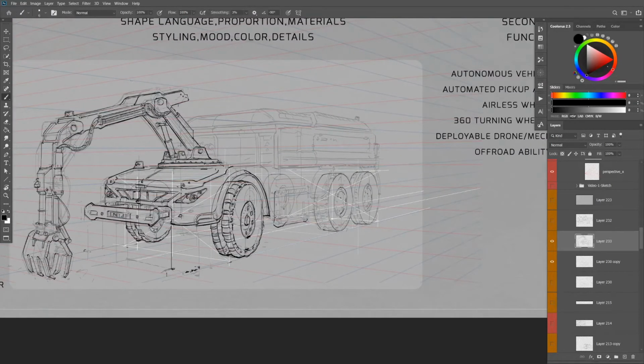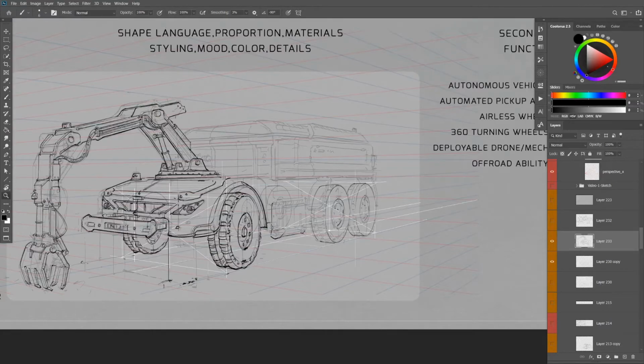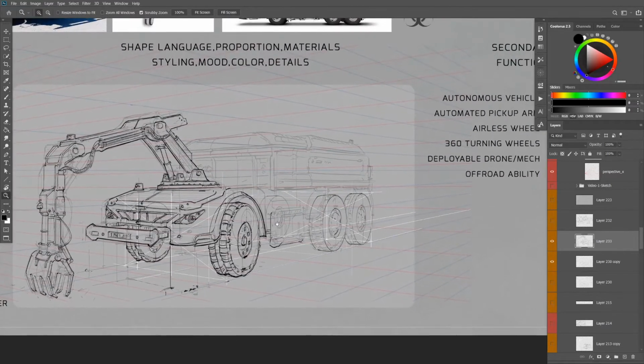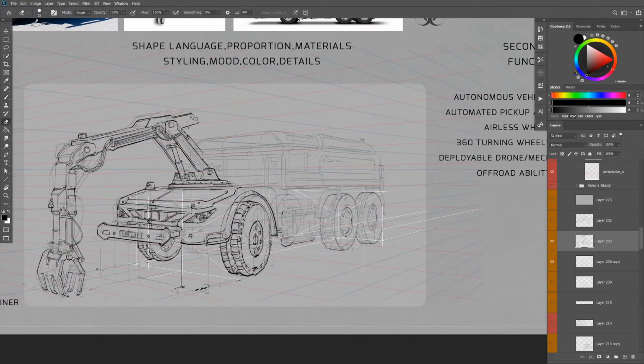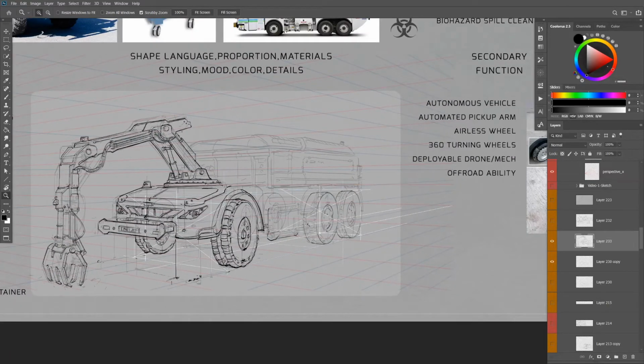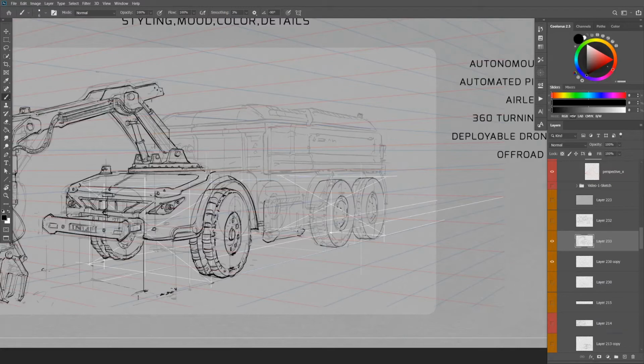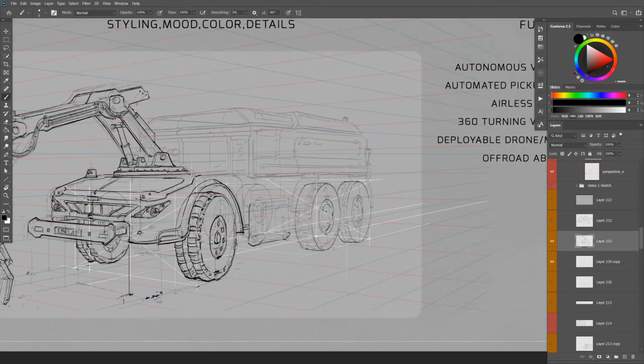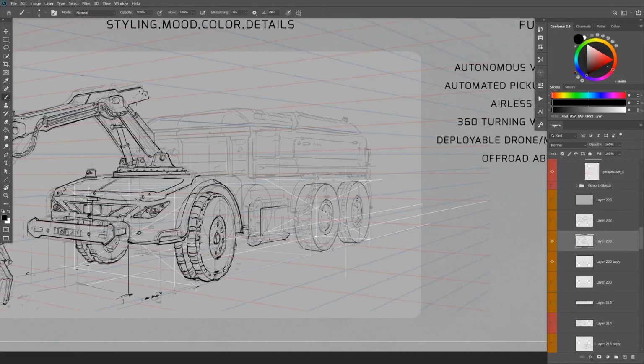So what I mentioned before is that it needs a place for the deployable drone or mech to connect to the rest of the vehicle. And what this would replace on the key function reference is where the fuel tank goes. So what we've done is we've removed a part and we've added a technology. What used to be there was this large fuel tank, and we've removed it completely. We've said the vehicle's say electric, or it's just some other kind of engine. And we're going to add a place for this deployable mech or drone to come down from. Then I'm just going to use